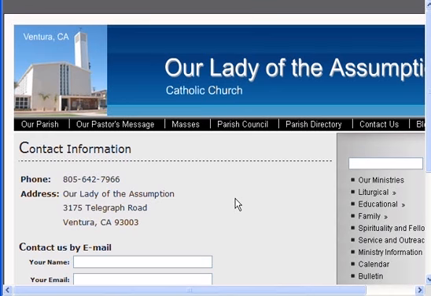So that's a quick overview of the Our Lady of the Assumption website. This will change. There are different things. We may have different colors depending upon the time of the year, what have you. But this is just a generic beginning of what our